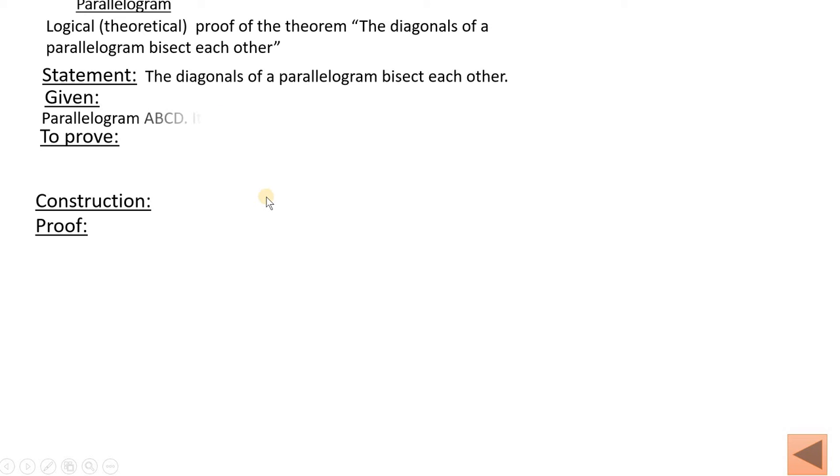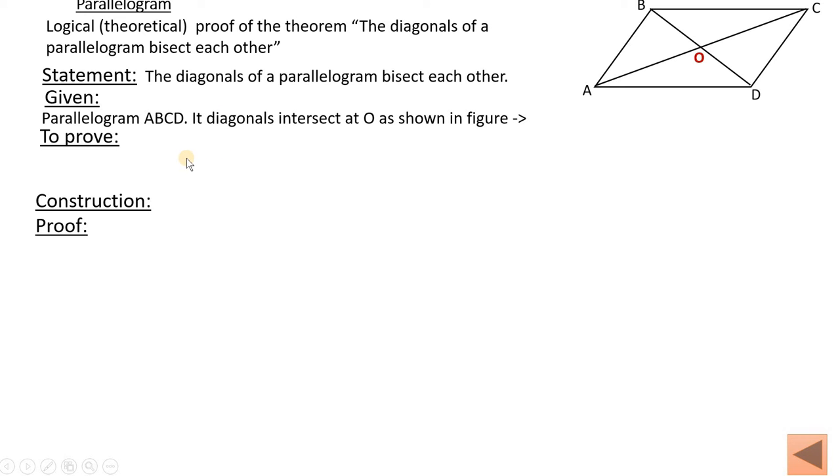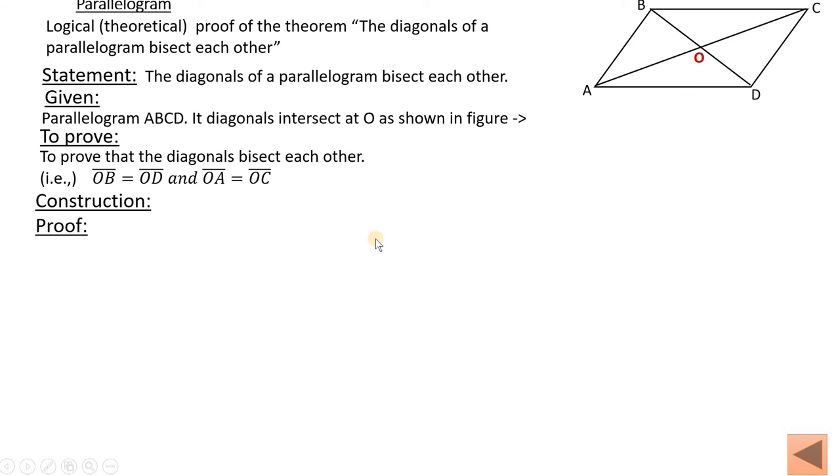So first, parallelogram ABCD we are taking, mathematically we will have to name it. So we are taking the parallelogram ABCD and let O be the point of intersection of the diagonals as shown here. So now we will have to prove that diagonals bisect each other. Means the diagonal AC bisects the diagonal BD into 2 equal parts. Means BO should be equal to OD. Similarly, the diagonal BD bisects the diagonal AC. Means AO equal to OC. So that is what it is to prove that the diagonals bisect each other.